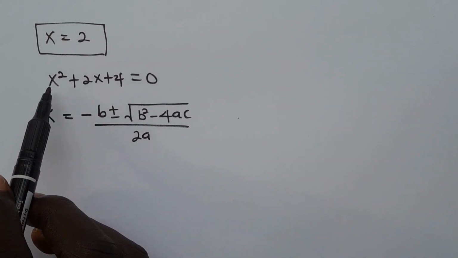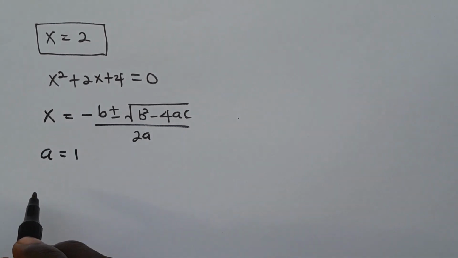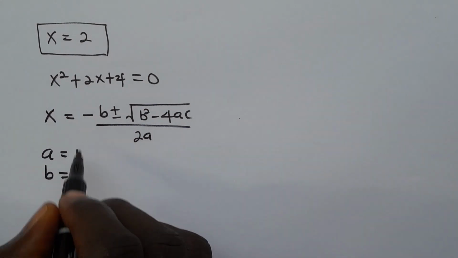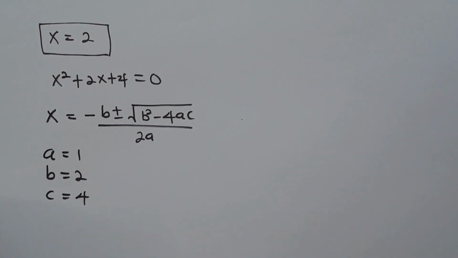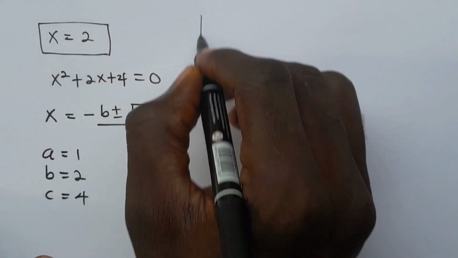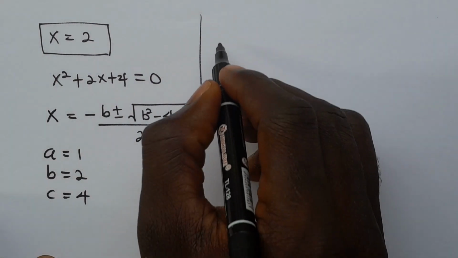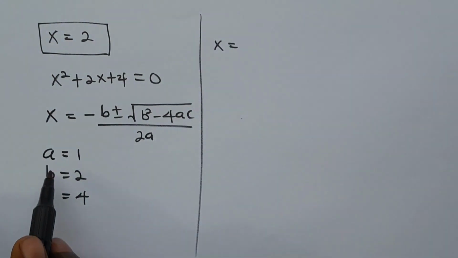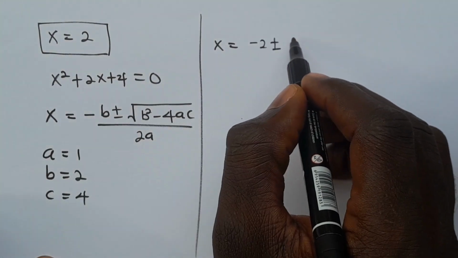Our a equals 1, the coefficient of x squared. Then our b equals 2. Then our c equals 4, the constant. Now substitute all these in the general expression. We have x to be equals minus 2 positive or negative